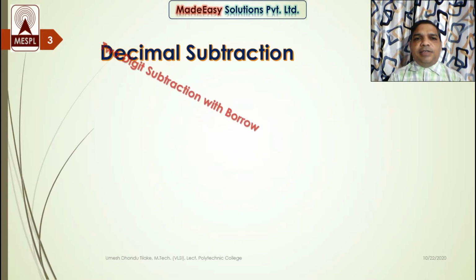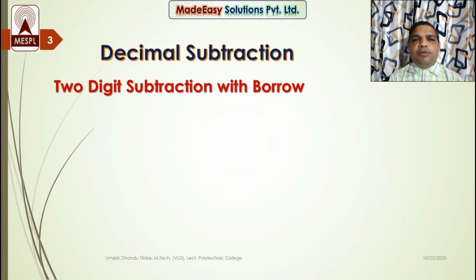So here we will see 2-digit subtraction with borrow. What is borrow? Whenever my subtrahend is larger than subtractor, I can't take it out from the subtractor. That means I can't subtract the subtrahend from subtractor. Let us consider an example. Suppose I have 5 pence in my hand. My friend comes to me and asks me for 7 pence. Can I give him 7 pence? No, because I have only 5 pence. Here 5 pence are actually the subtractor and 7 pence are actually the subtrahend. So if I have 5 pence in my hand, I can't give 7 pence to my friend.